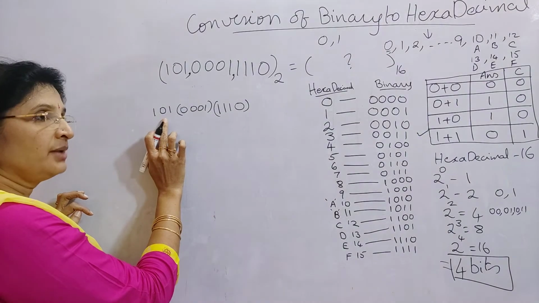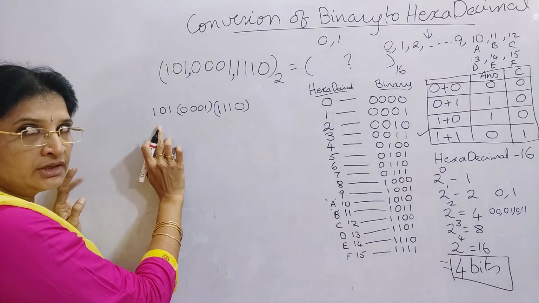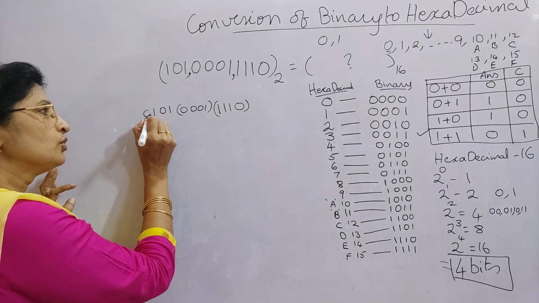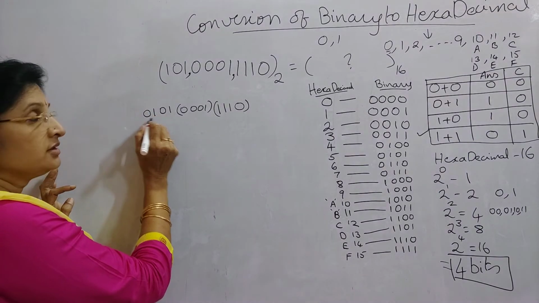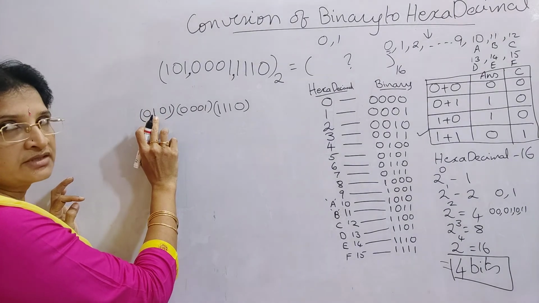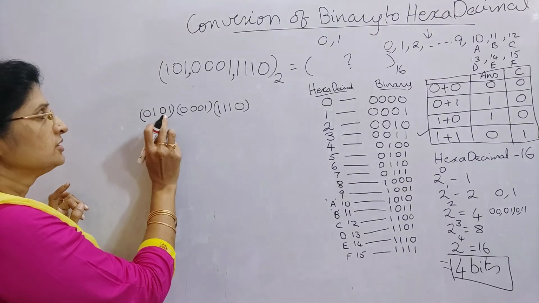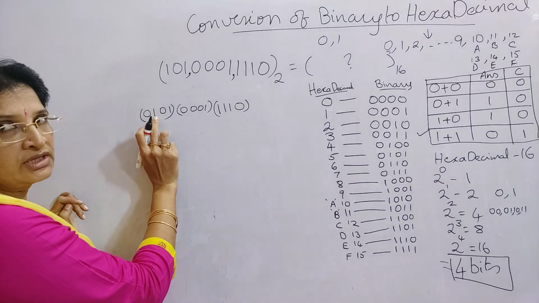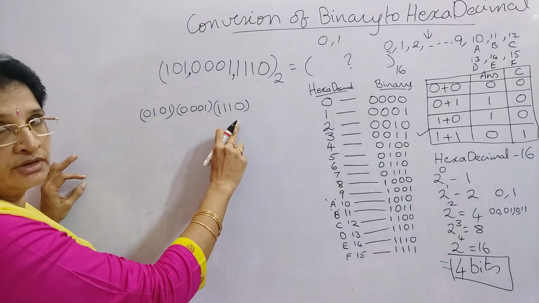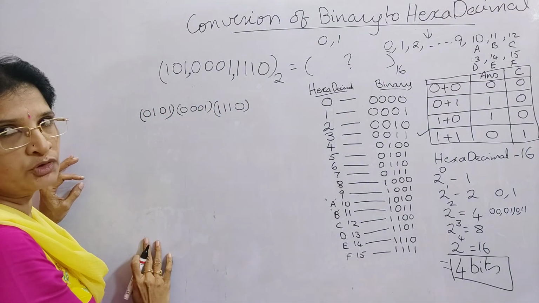So in such a type of situation, suppose if the left hand side group is not complete with 4 bits, then what you have to do is, you have to add zeros in front of that one, so as to complete the 4 bits. So here we have already 3 bits. So that's why here how many zeros I have added? I have added only 1 zero. So now my 4 bits is complete for the third group also. So first of all, what you have to do is, you have to divide the number in groups of 4 bits. So this is the first step you have to do.